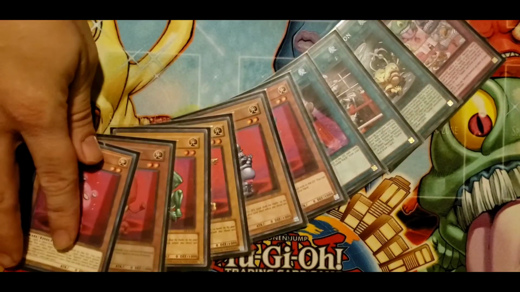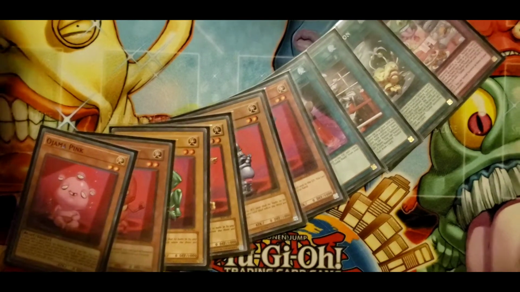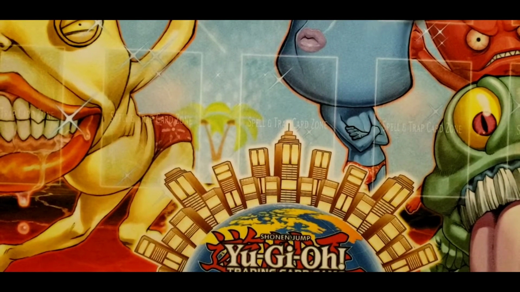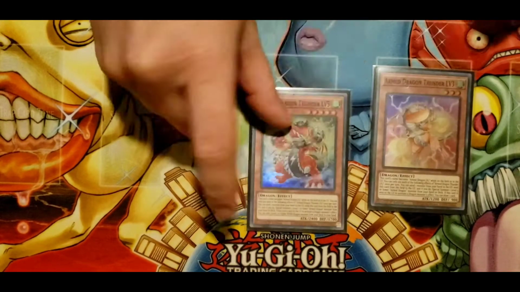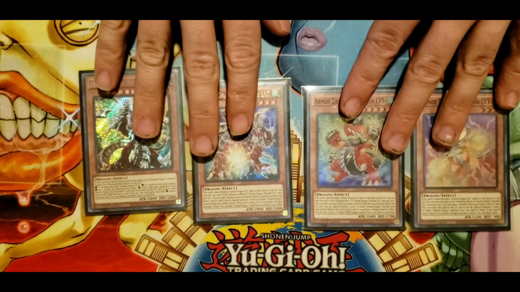So now you know the Ojamas. What about the other cards? Alright, these parts kind of quick. For the armed dragons, in this strategy,